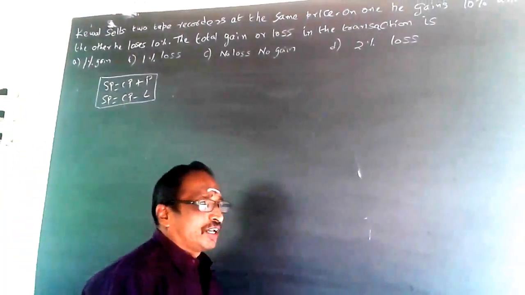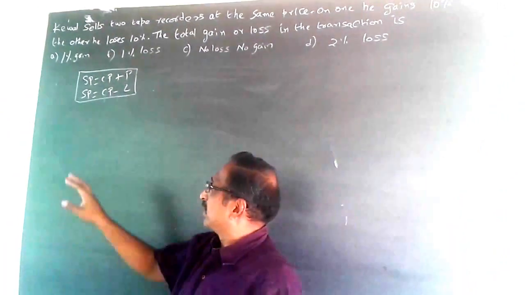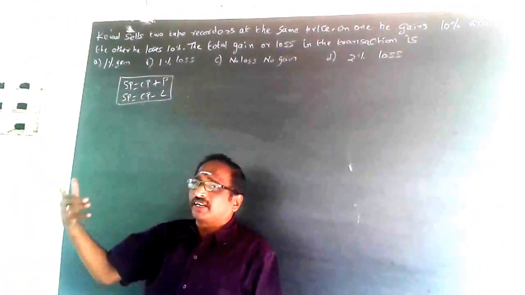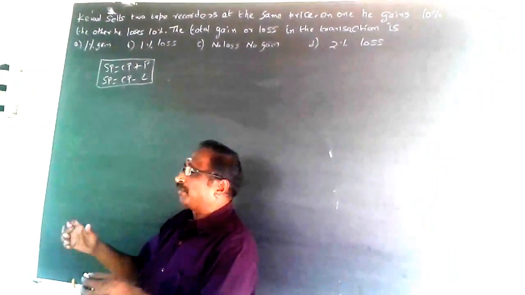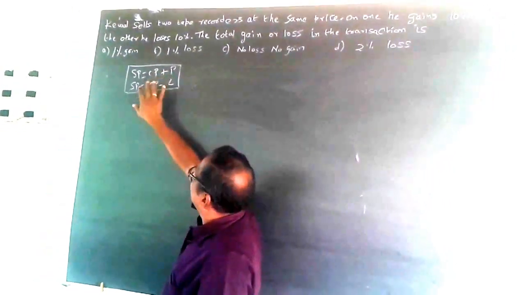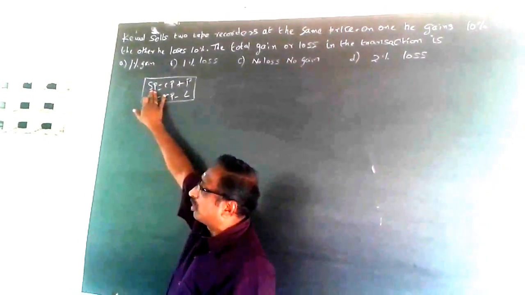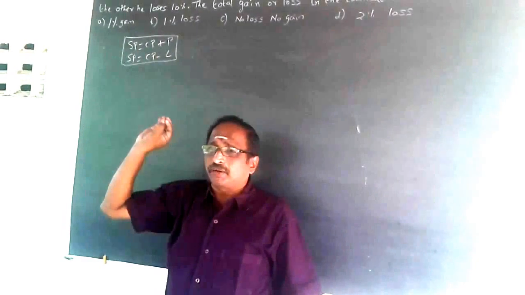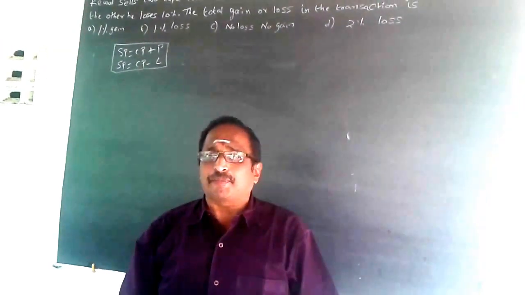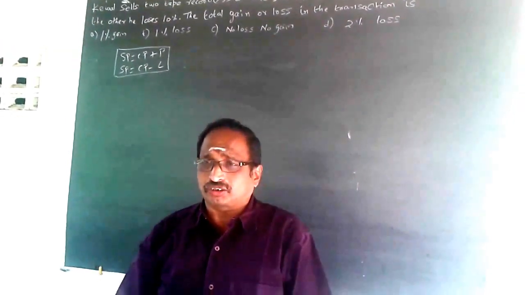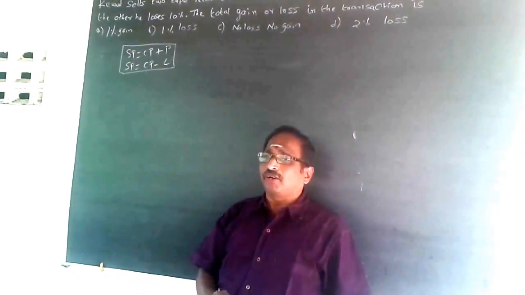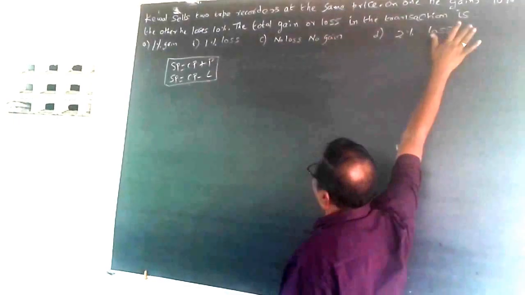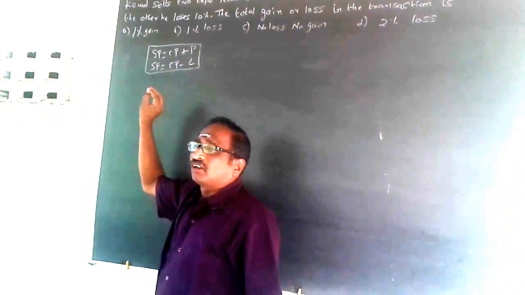Nothing more than this. See, if I say I make a profit of 10%, suppose my cost price is 10, I want to increase it by 1, so my selling price will become 11. So I am making a profit of 1. When I make a profit, my selling price will be more. When I make a loss, my selling price will be less. As simple as this. But by default, if I say make a profit of 10%, it is always on cost. If I make a loss of 10%, it is always on cost. Here nothing is given. It says 10% loss, it says 10% gain. So it is always on cost.